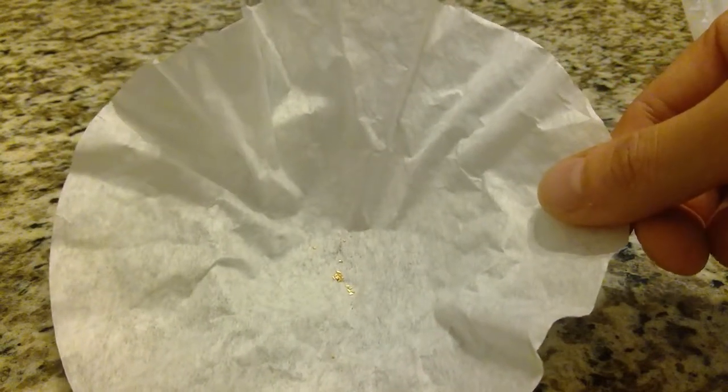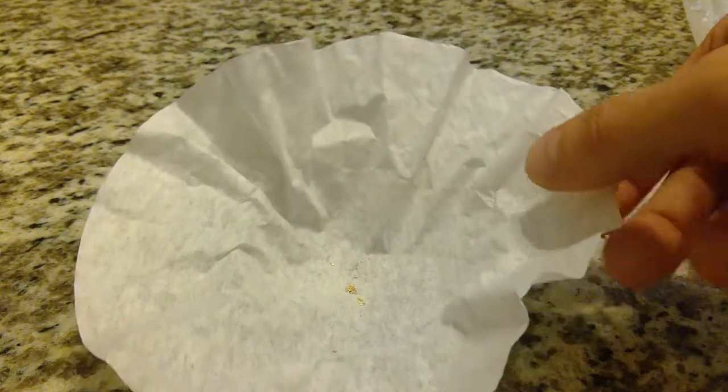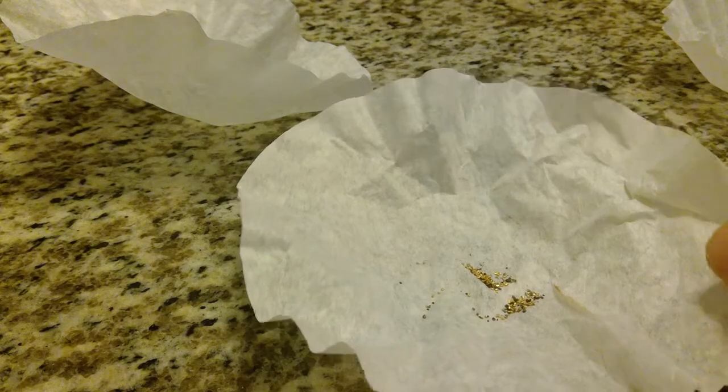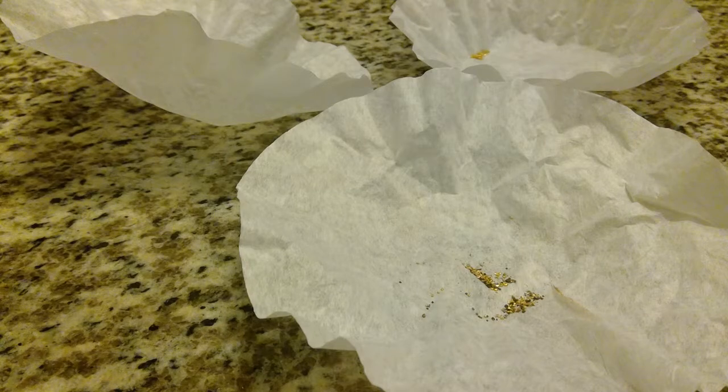This is the stuff that went all the way through the 30 mesh screen and what was in my concentrates. So I'm going to go ahead and clean this one up a little bit so we can get an accurate weight. And then we're going to weigh all these three piles out and see how close to a gram we got. Because if you remember, these gold bags of reserve PayDirt are supposed to have a guaranteed 1 gram of gold. So, all right, guys, stay tuned, and we'll get that weight measured up as soon as